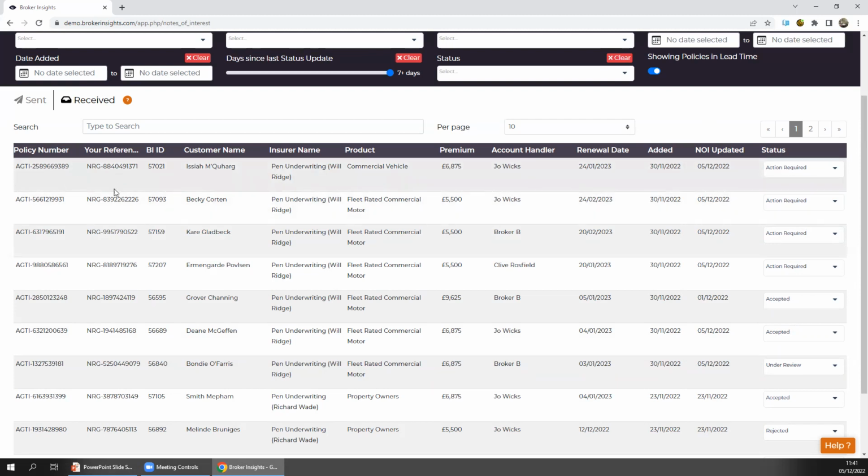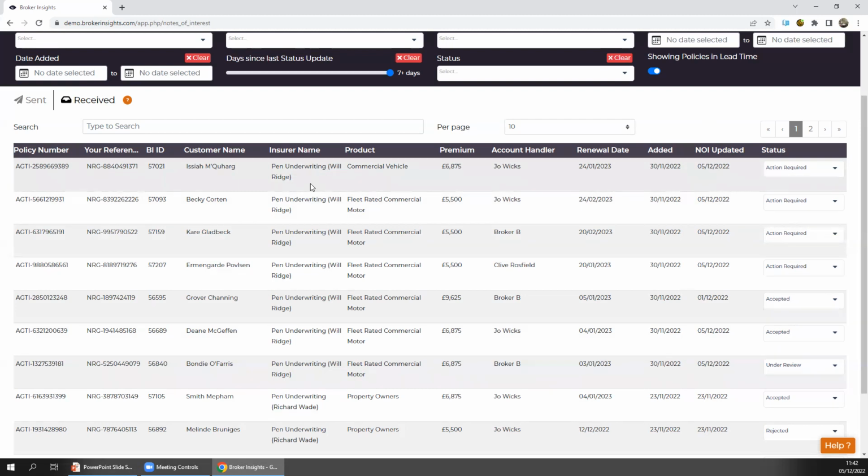But this will give you some relevant information about each case, the reference. There's that BIID number again. Your customer, it'll tell you which insurers are sending you the notes of interest, along with either the BDM or the underwriter who physically clicks send on it. Now, within reason, they should all be people you speak to or know already. If not, don't worry about it. Pick up the phone, have a chat with them.